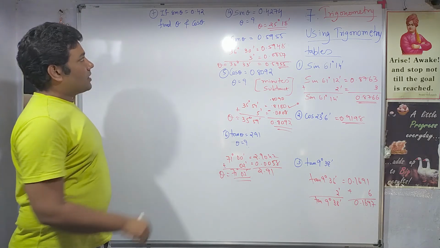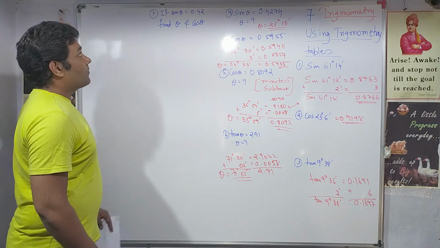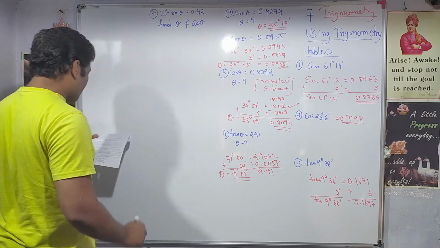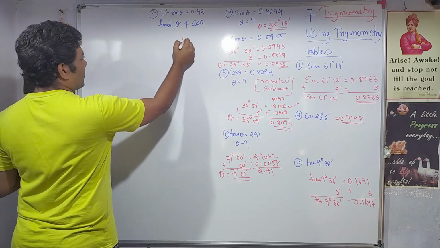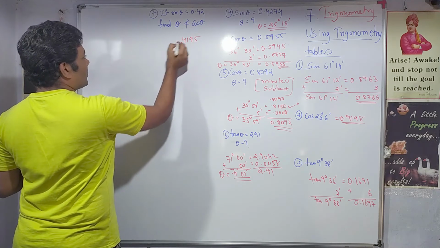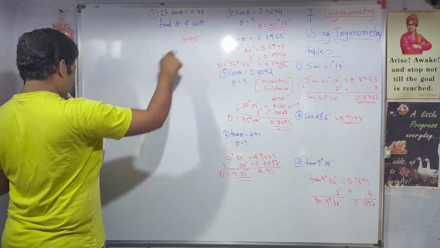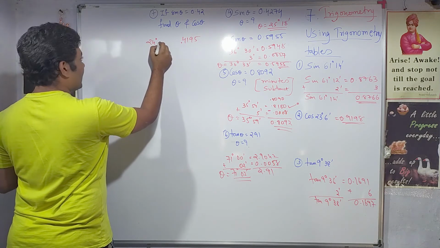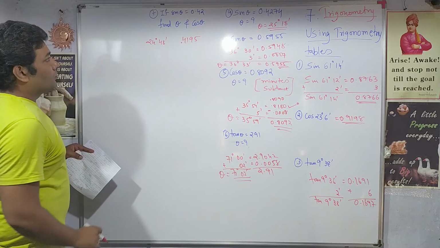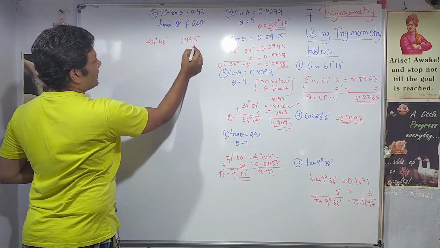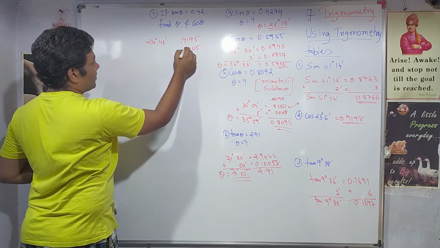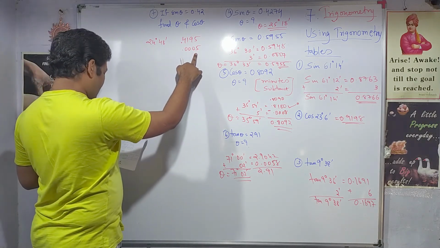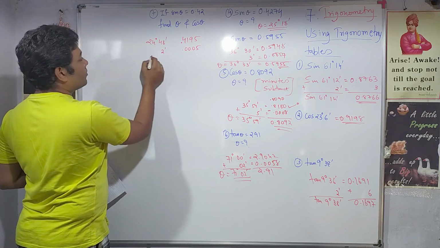Simple. Last one, sin theta is 0.42. Again go to the sin table and try to find the value 0.42. You will not find the perfect value. The closest value which you will be able to find is 0.4195, which corresponds to 24 degrees 48 minutes. Now what to do? To make it 0.42, I think I'll have to add 5. So find 5 in the minutes table. Where does the 5 stand? 5 stands corresponding to the 2 minutes.